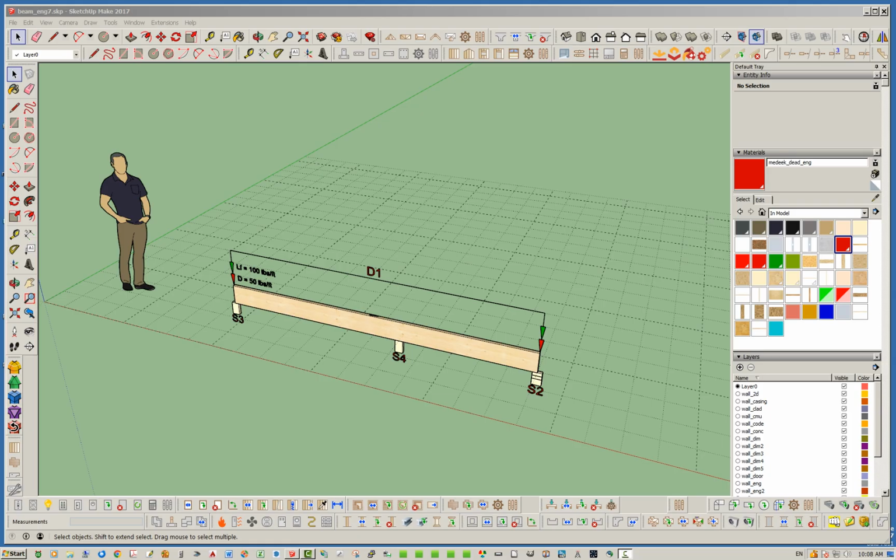So to get started here, I just went ahead and drew a very simple beam, applied a distributed load on it, and put 3 supports underneath it. So what we have is a multi-span beam with 2 spans. So just to begin with here,